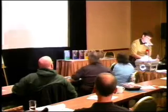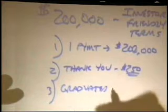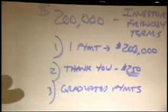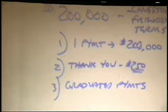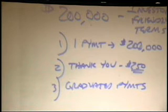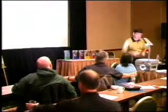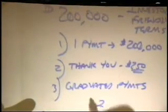Number 3 is what we call graduated payments. Now, we had a seller that we put a deal together with, and we were trying to do the thank you payment thing, and his accountant looked at it and said, oh, well, you're not getting enough interest on this. You have to get higher. And people like to listen to their accountants, right? So what we said is, well, that's fine. Let's figure out what we could do. We talked to the seller a little bit. We said, well, Mr. Seller,